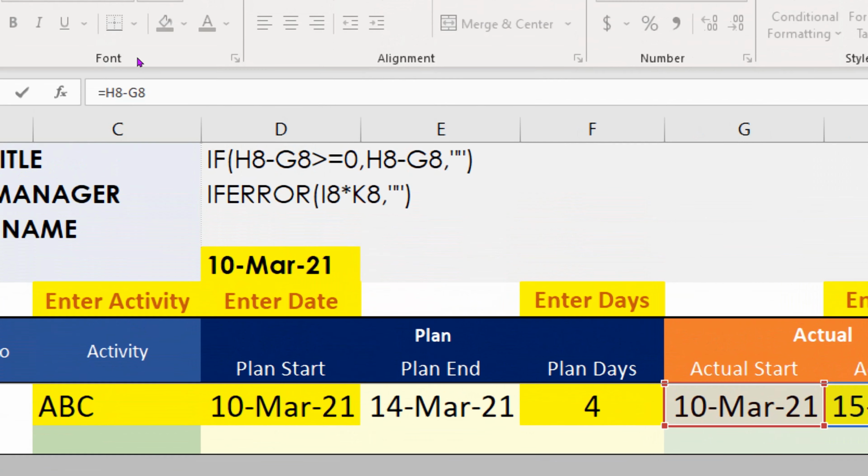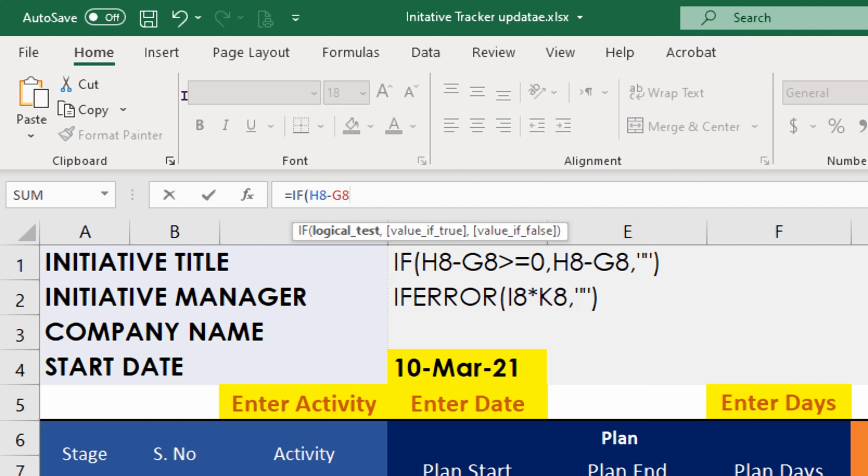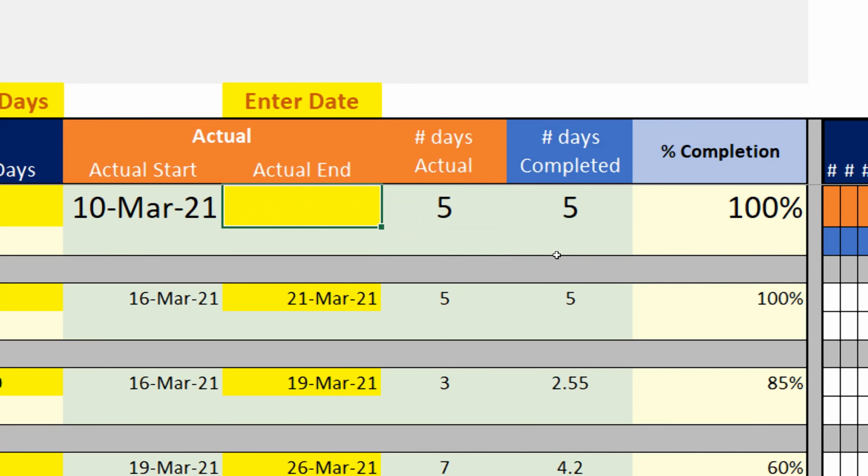I will show you this one. See, I am going to write the IF formula for you here. IF, open bracket, greater than or equal to 0, comma, and then the same information, H8 minus G8, repeat it again, and write a comma here. And if you need to reflect a 0 value, you just write 0 and close the bracket. You can see here now, if I delete, it will show you the 0 value.